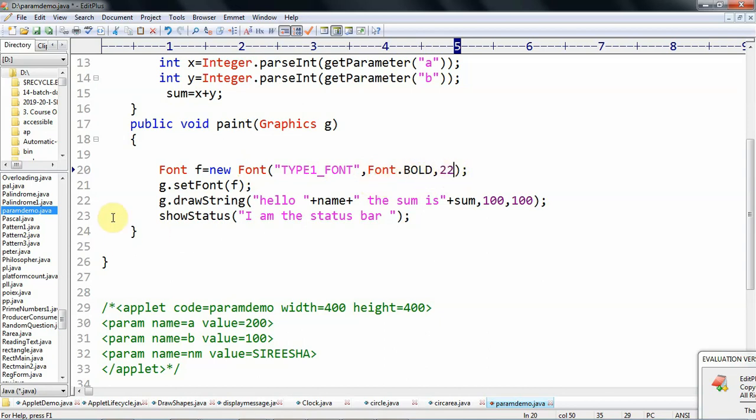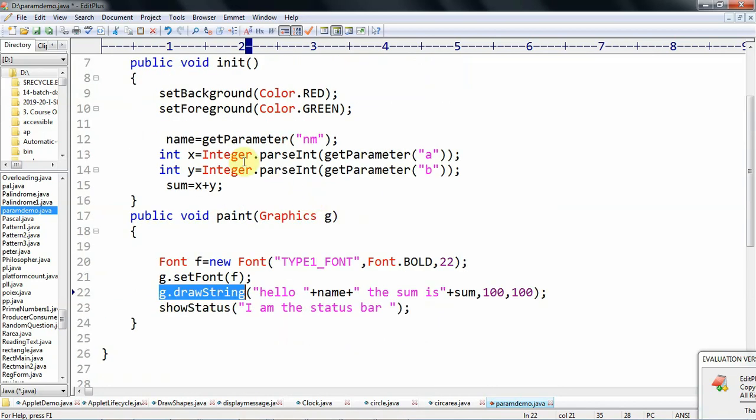Then to set the font for the coming string or drawing, we have the method setFont by passing this f. That means for whatever we draw, this font is set. We print the message on the applet window by using g.drawString. I wrote hello, then name.